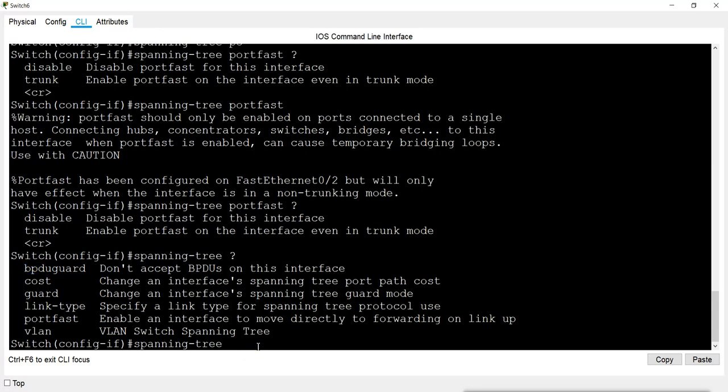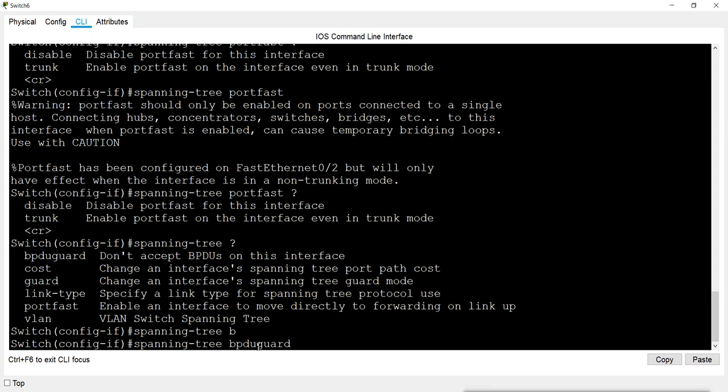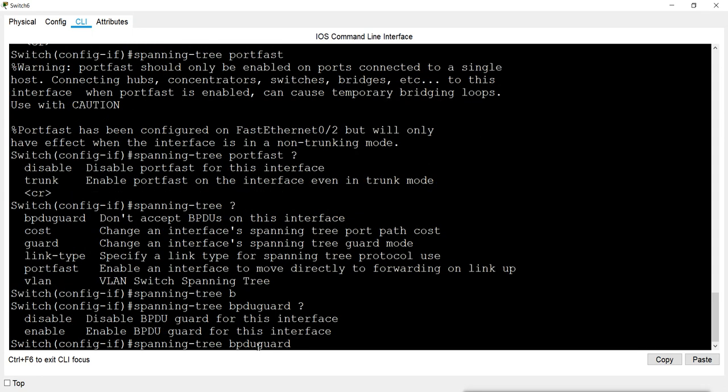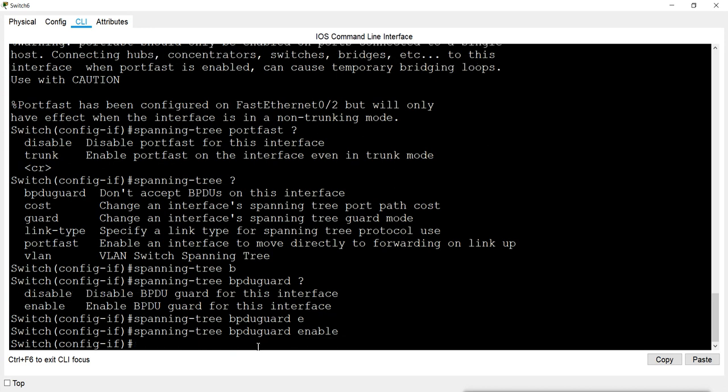So I will also use BPDU guard enable. So when you enable PortFast, you should also enable this BPDU guard. And you can also change the cost for the port, and you can change the link type also.